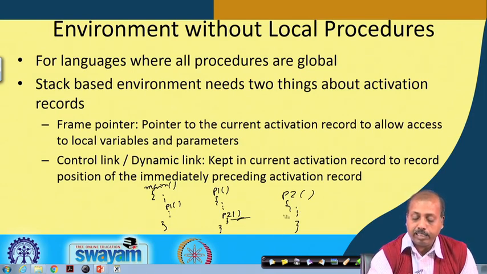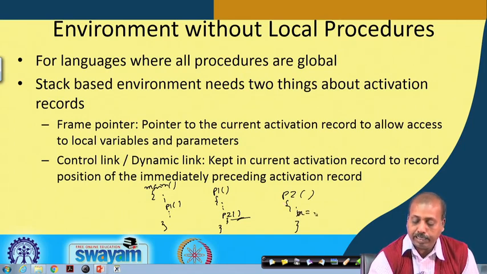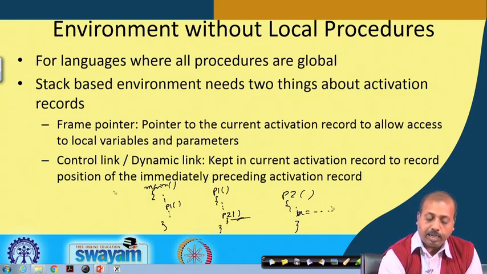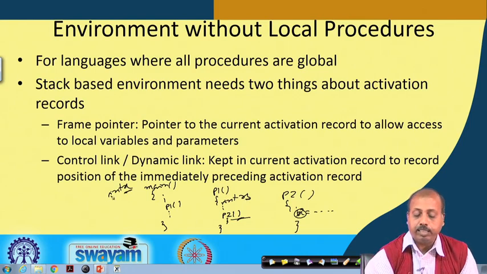Since at this point of time P2 has come through P1, if there is a variable x, it may so happen that here it is referring to an x equal to something, and I have got a global x and I have got another x which is here in P1. Now, when I am referring to this x, is it referring to this one or this one? That is the question.